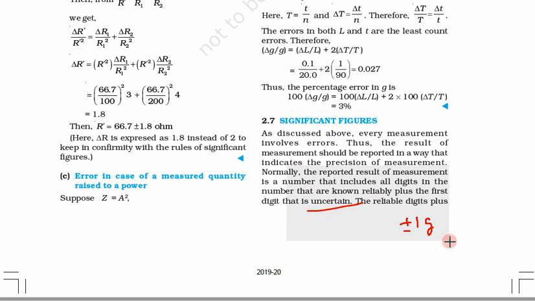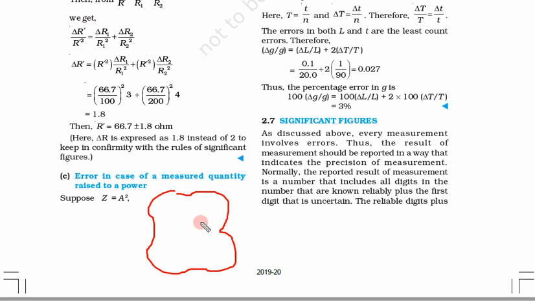Another very good example is that suppose we are measuring a random shape. Suppose the volume of this shape is, let us say, 43 centimeter cube. We are measuring the volume with a meter scale. Now what is the mass of this? Suppose the mass is equal to 100 gram.